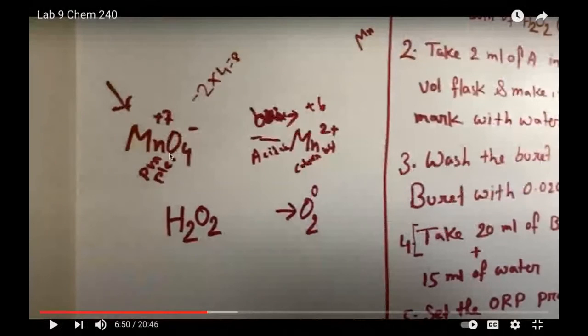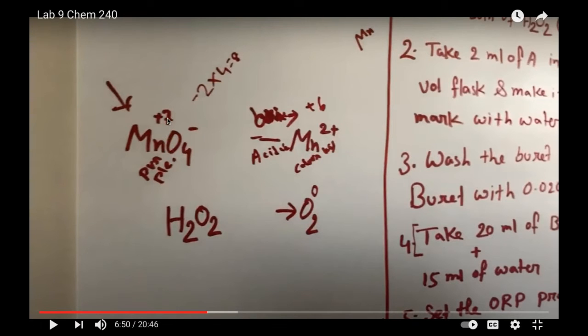So if MnO4, the Mn of the MnO4 is +7, okay, then when it is in the acidic medium, it is converted from the +7 to the +2. You see, +7 to the +2 in the acidic medium, and it is actually colorless. Suppose you use a very strong acid like sulfuric acid or hydrochloric acid, then it becomes from the +7 to the +2.